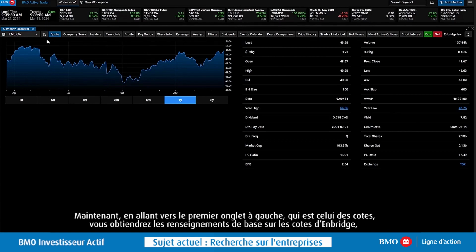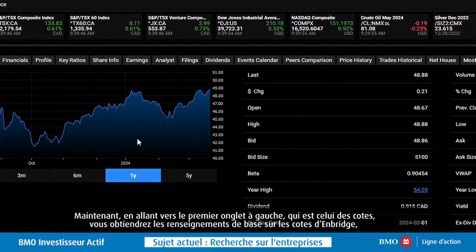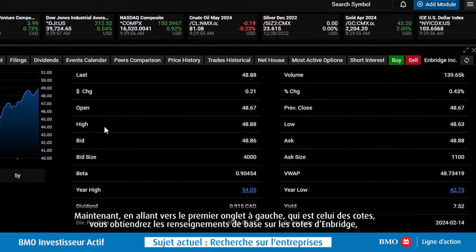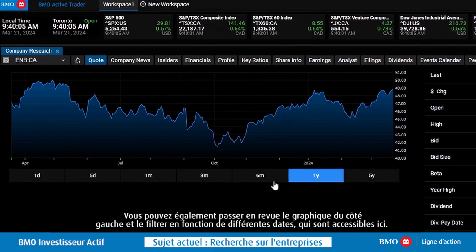Now, diving in, moving towards the first tab here on the left, which is quotes. This information here will give you the basic quote information for Enbridge, which will show the open, the high, the low, the ask, and additional information on this page. You can also flip through the graph that's on the left-hand side, and you can filter it by different dates,